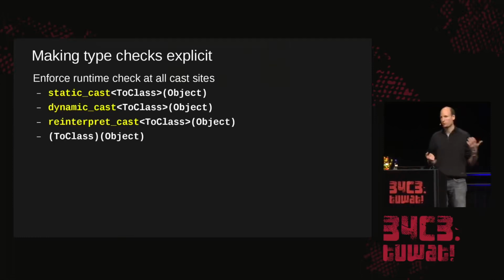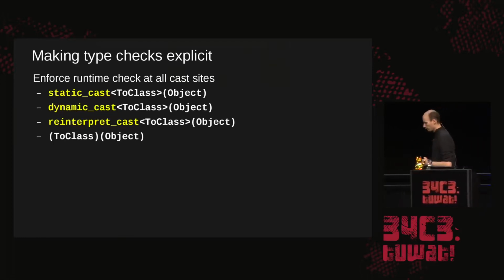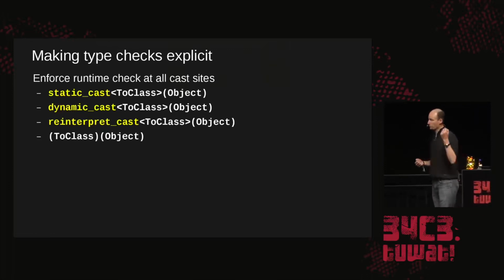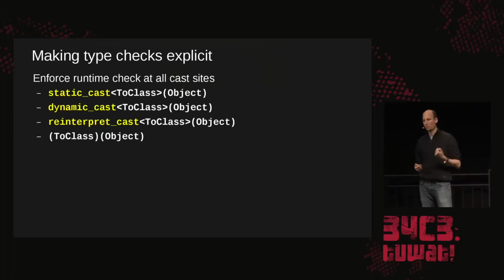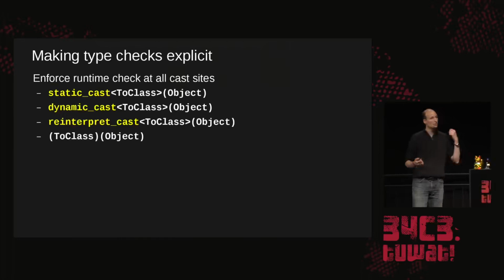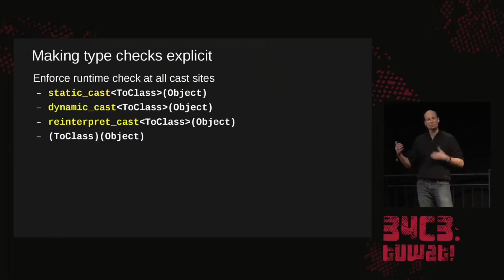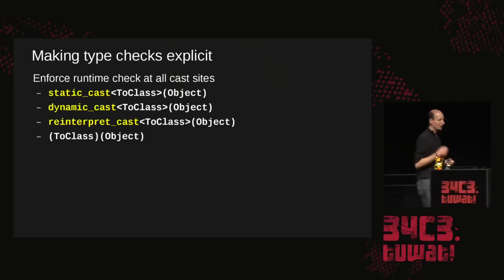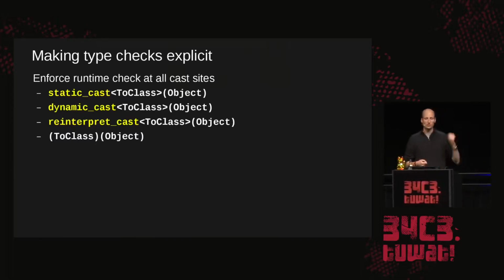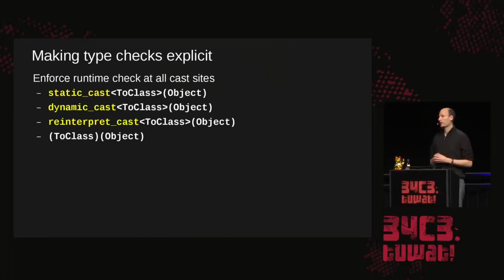Now, this sounds like a contradiction, right? I've just told you that this is not possible in the existing framework that C++ has, because we have no way to identify the underlying type of an object. How do we solve this problem? Whenever you allocate an object, whenever you execute its constructors, or if you simply go through the allocator, we remember that this memory area is of that particular type. And we keep some form of metadata table in the background that allows us to look up, for any byte in memory, what type this piece of memory has. We can then use this information in any of the casts.